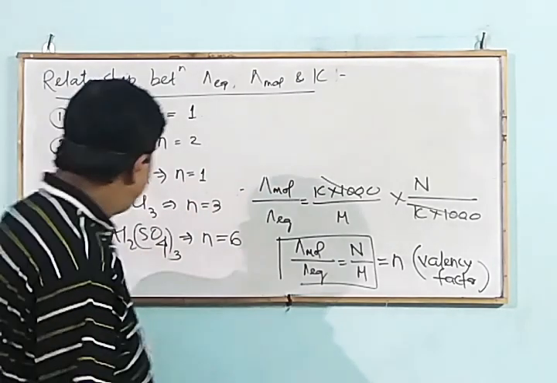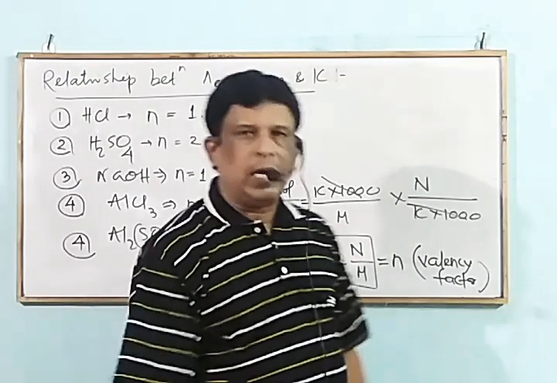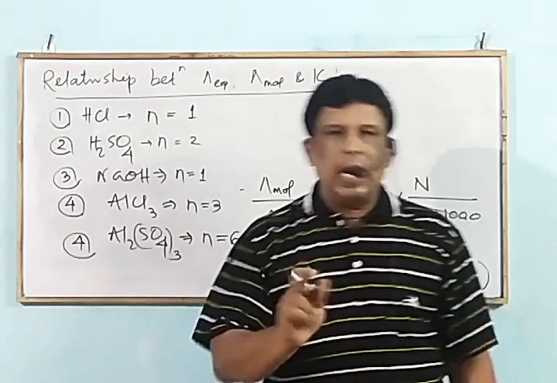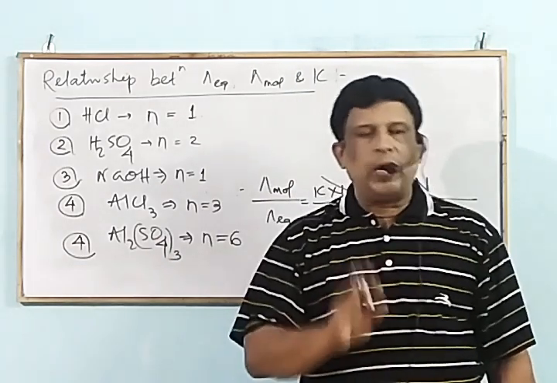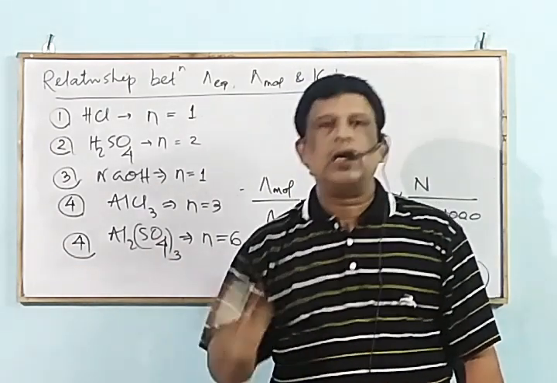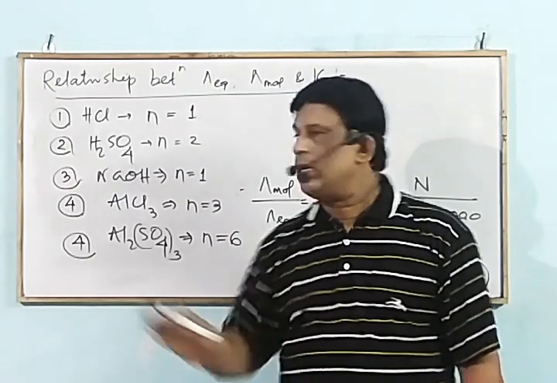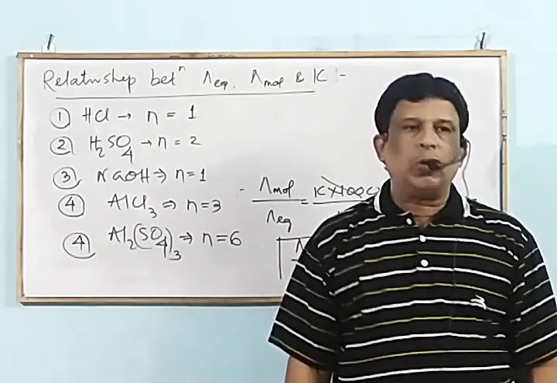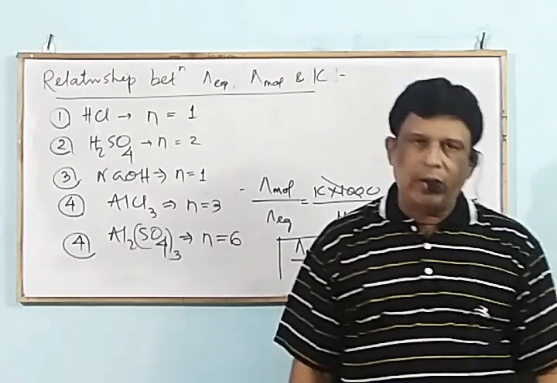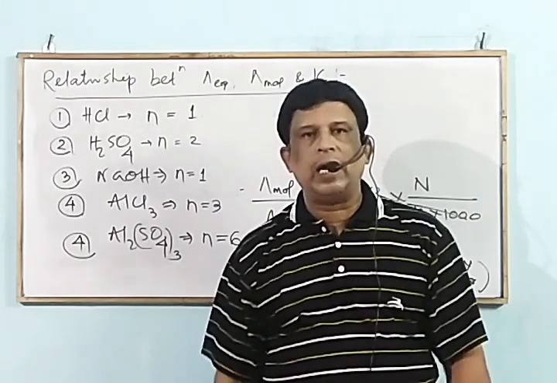The total number of cation or anion valence. I repeat again: valency factor, for an acid it is the basicity, for a base it is the acidity, and for a salt the total number of cations, the total valence of the cation or